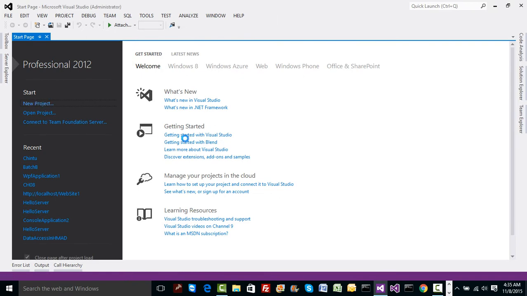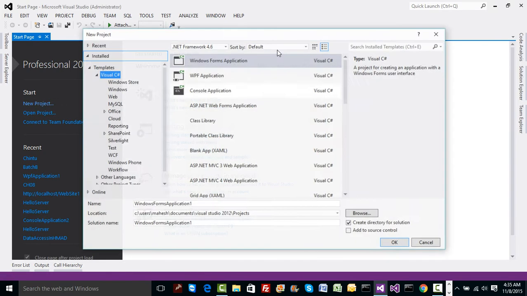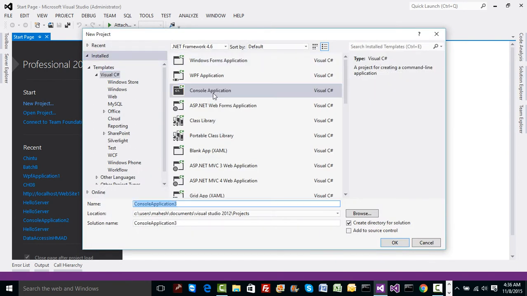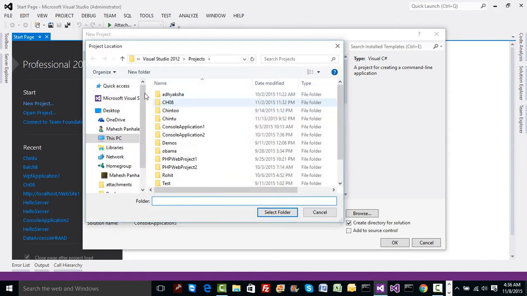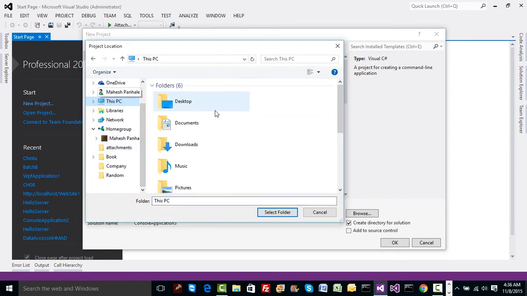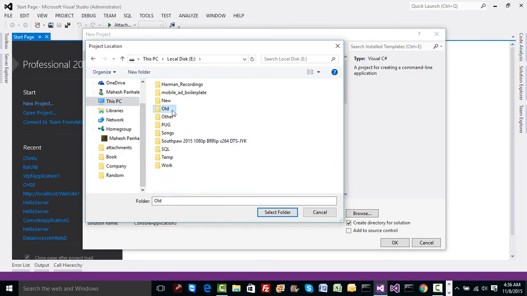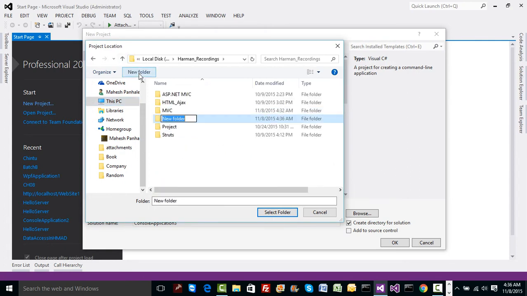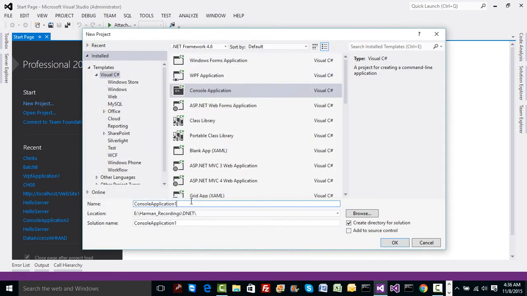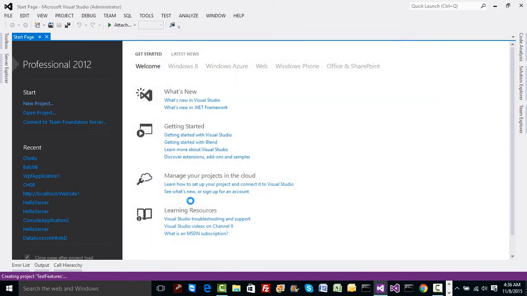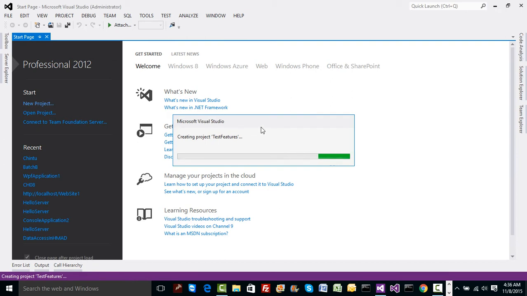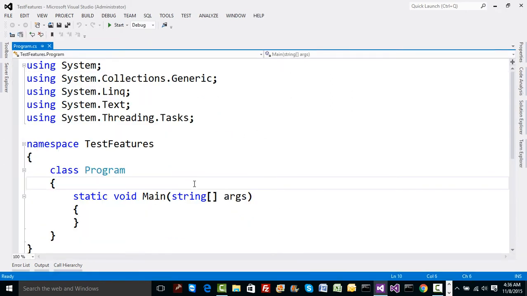So let's create a new project, which would be a console application. Let's try to store our project somewhere on E drive. And I'll be creating this console application as test features. So to start with,